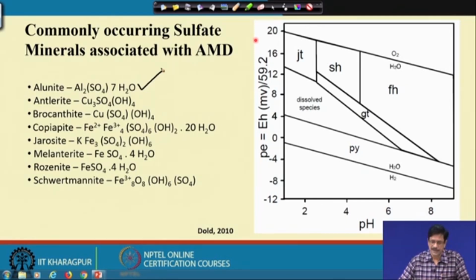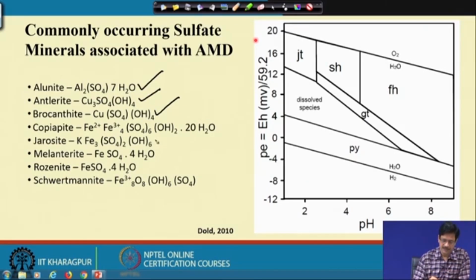These mineral phases are essentially identified by techniques like X-ray diffractometry. They cannot be studied under the microscope. They possess very interesting surface features, and they are identified by X-ray diffractometry or spectroscopic studies, in addition to studying their surface micro features with the help of a scanning electron microscope. This is antlerite, hydrated copper sulphate, and brochantite, again a hydrated copper sulphate. Copiapite is a very specific mineral associated with acid mine drainage.